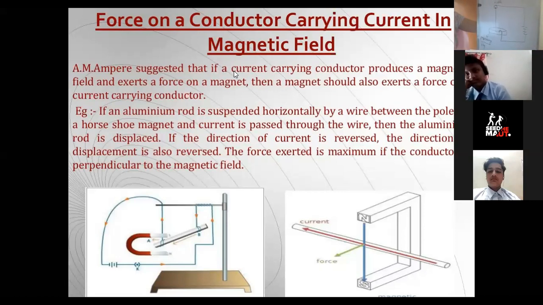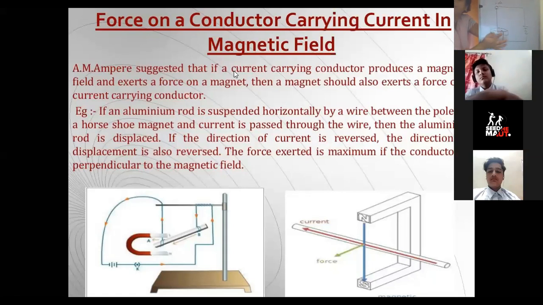I hope I am clear about this. This is the diagram. This is the trough in which the mercury has been placed. Mercury is a good conductor of electricity. There is a conductor whose one end is attached to the hook, but it has to be attached in such a manner that it is free to move in any direction. Then the other end of this hook has been placed in mercury, right?